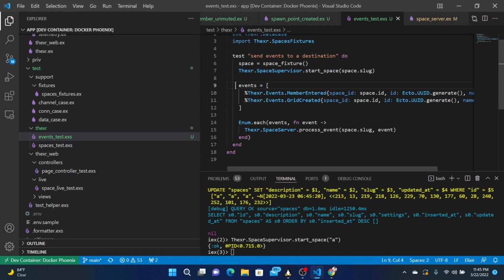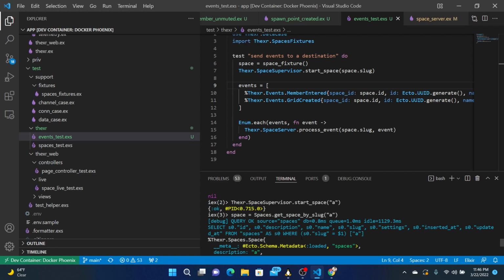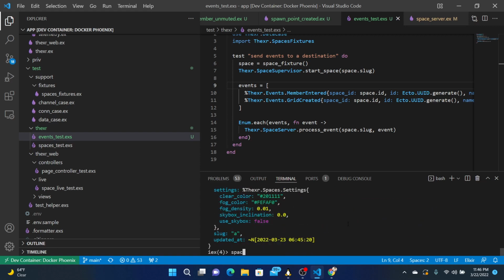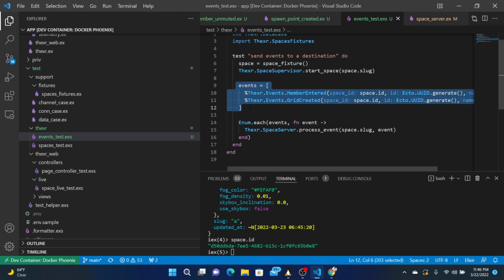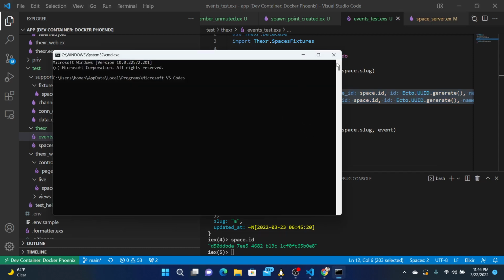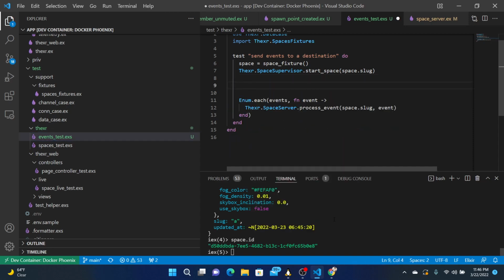So space equals spaces get space by slug. So space ID, yeah, that would be okay. Then we can make some events. Copy that.